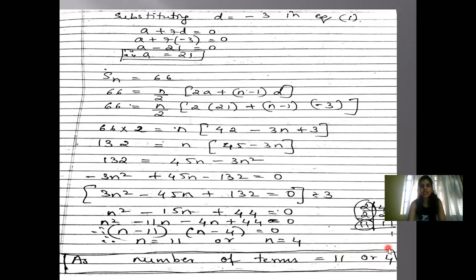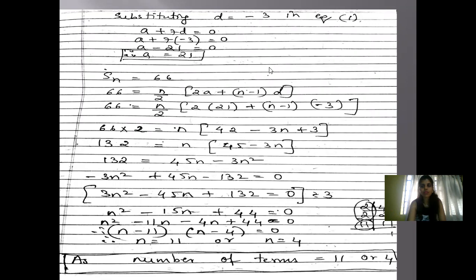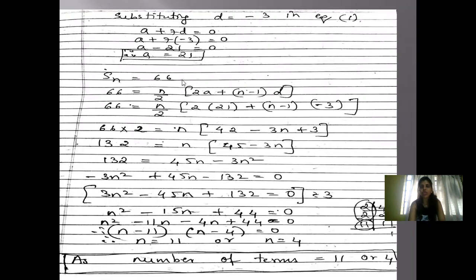So I repeat once again. Here if you see what we have done in the question, we have to build up the relation according to the question, frame the equation. The sixth term is half of the fourth term, so we build up the relation, we form the equation. The third term is equal to 15, so a plus 2d is equal to 15. Once the relation building is done, after that we solve these equations, we get the values for a and d.